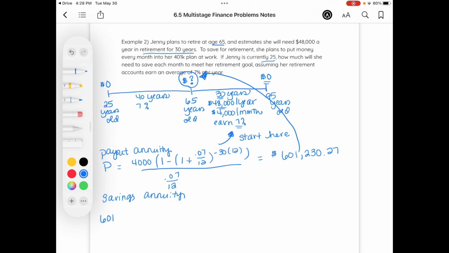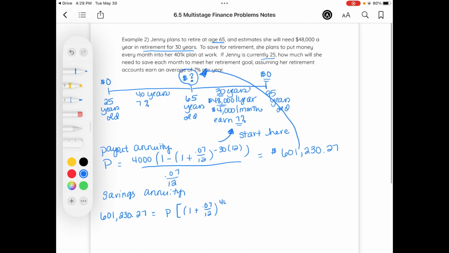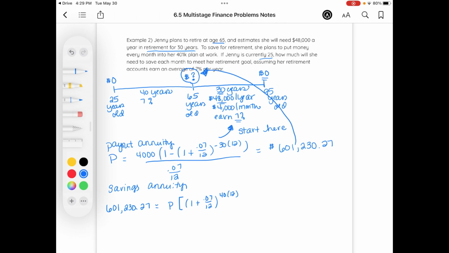The amount we want to reach is $601,230.27, which is equal to our payment times 1 plus our interest rate divided by how often we're compounding, to the power of 40 years times 12 months, because that's the amount that we're saving this till,